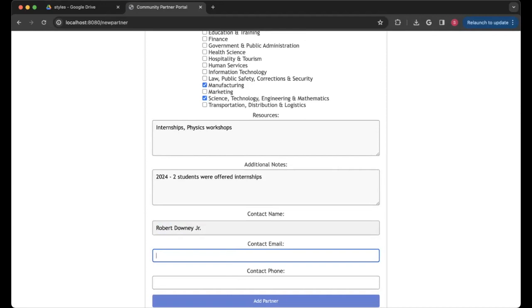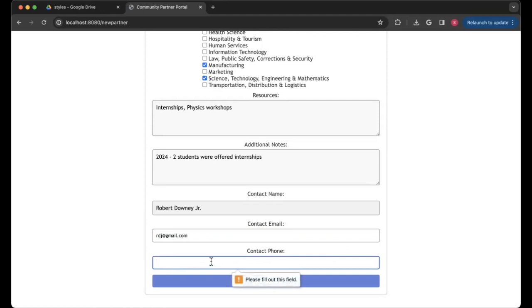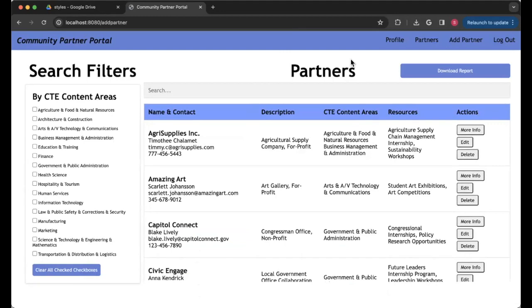email. Oh, one thing is that the email, if you don't do it in the proper format, it will try to verify that by saying that you must have like an at. And so we could do, and then for the phone, there's also a similar feature to verify where you need to do a specific 334 format. And then once we add the partner, we are able to see that when we filter out for science